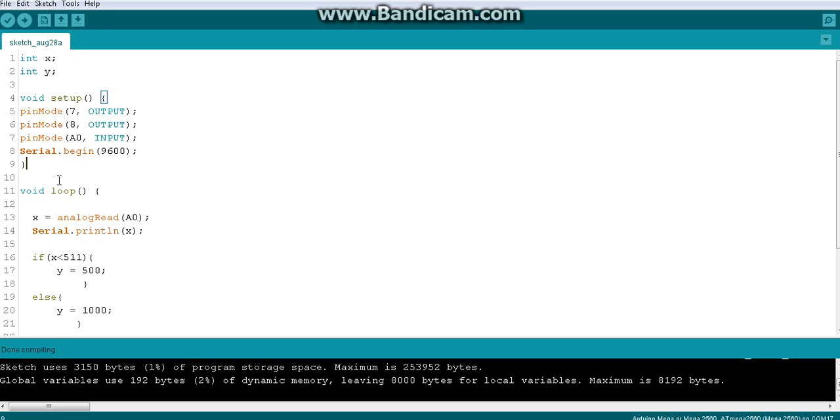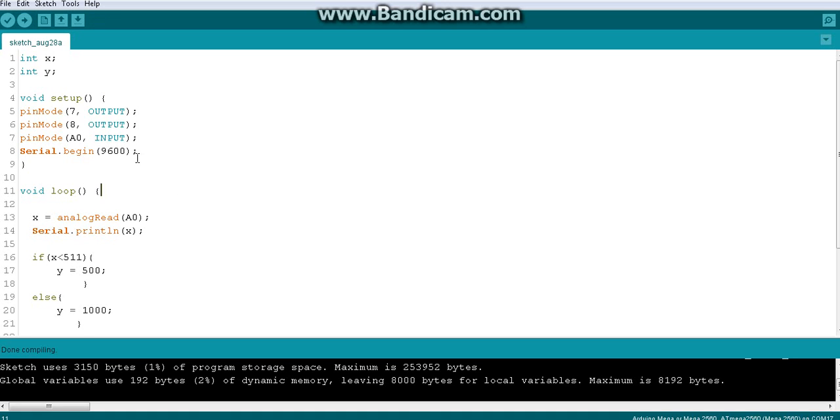What I want you to do is upload the code to the Arduino with the proper components. All you need is two LEDs, two 330 ohm resistors, one variable resistor to get the input, and an Arduino. Nothing else is needed.